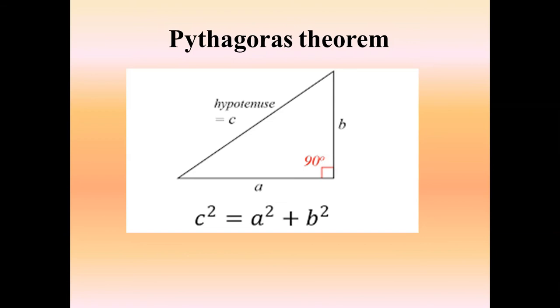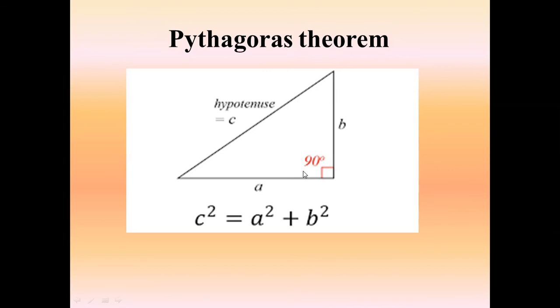Okay, next is Pythagoras theorem. Pythagoras theorem we all have studied in the previous classes. So what was Pythagoras theorem? A theorem which is applicable only for a right angle triangle, a triangle having a 90-degree angle. So we know that the side which is opposite to this 90-degree angle is known as the hypotenuse. According to Pythagoras theorem, the square of the hypotenuse is equal to the sum of the squares of the remaining sides. So this is known as the Pythagoras theorem.